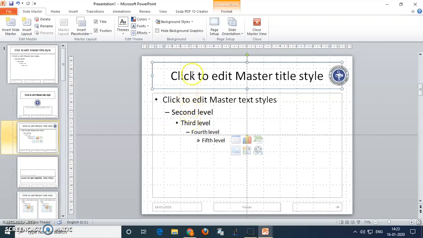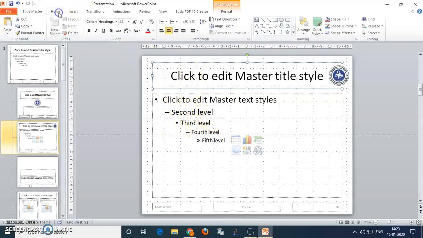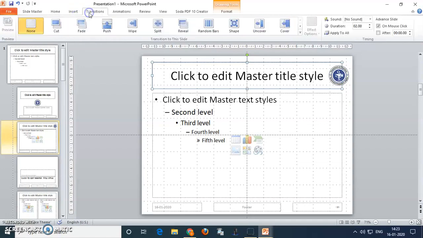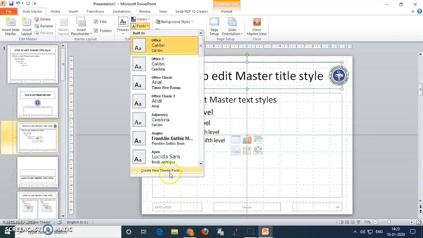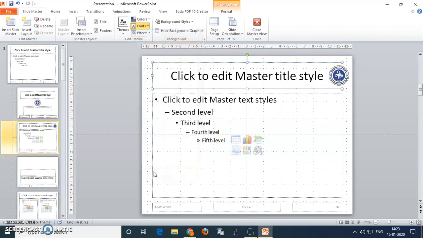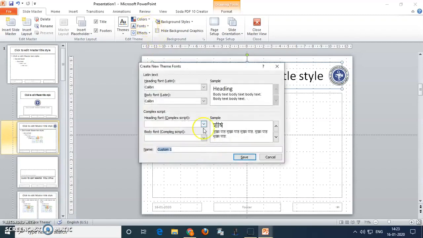If you want to change the font of this slide also, go to the Fonts option and click here, Create New Theme Fonts.